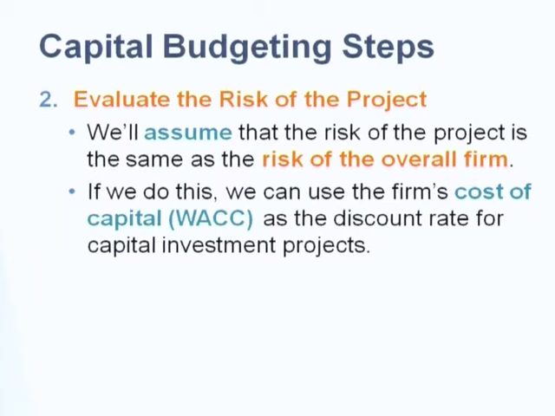You need to look back at the initial outlay. How much do you spend for the project, and what should be the source of the money? If you raise the capital by using common stock, bonds, and preferred stock, the cost of that capital should be the WACC. So the discount rate should be the weighted average cost of capital, and we will use the WACC as the discount rate.